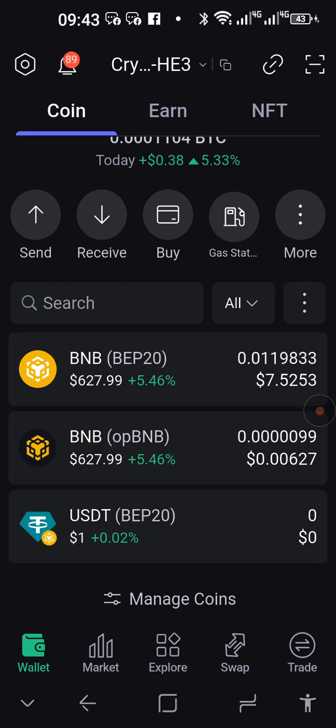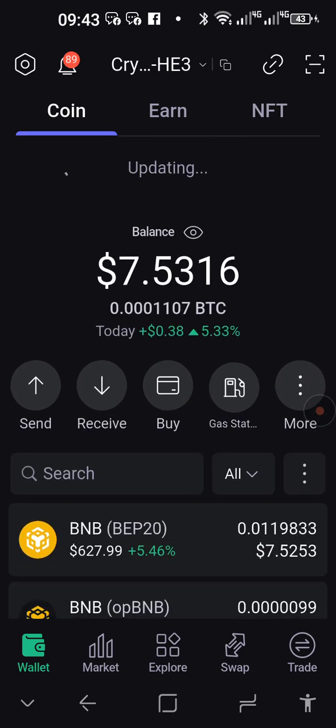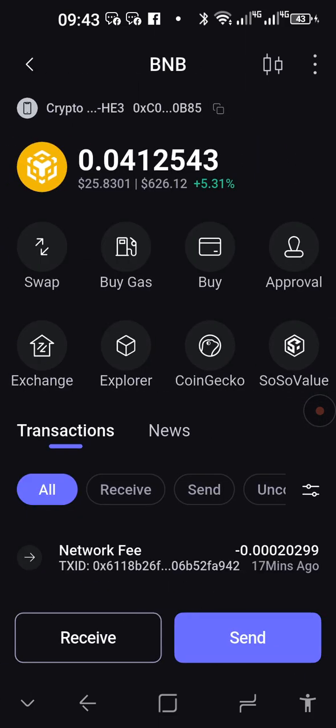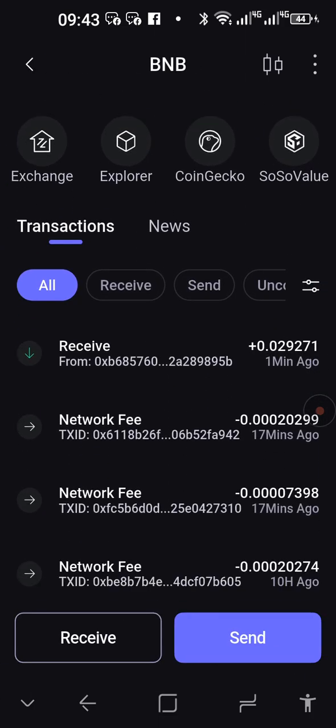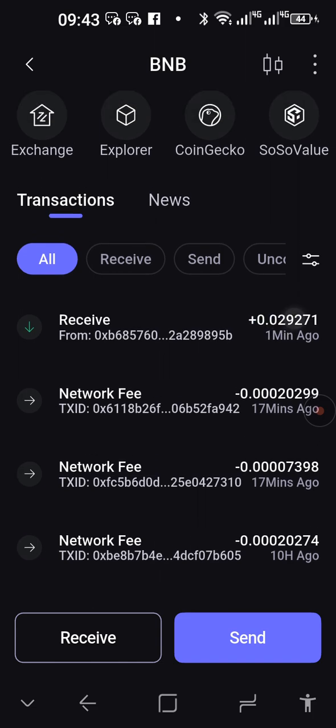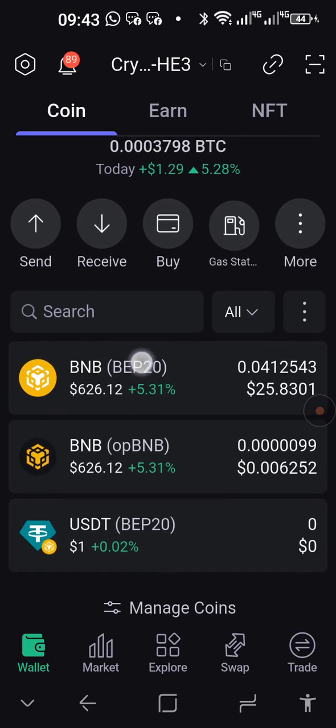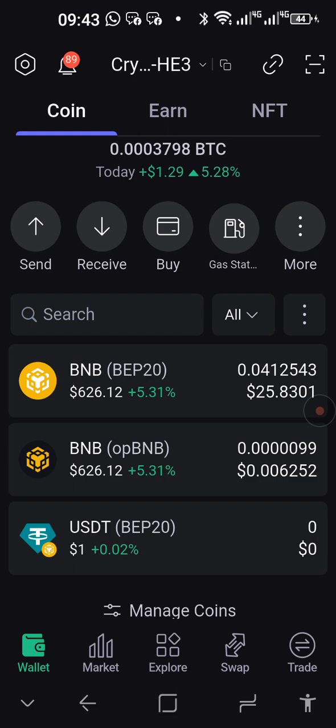It's gone from OPBNB, and if we refresh now, it will appear at BNB BEP20. There we have it. Right, and there you can see the transaction. So now we have BNB on the BEP20 network, or the Binance Smart Chain network.